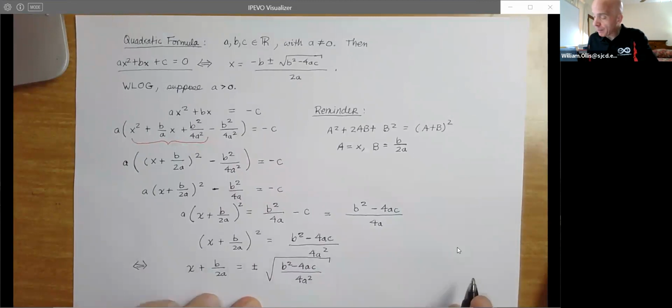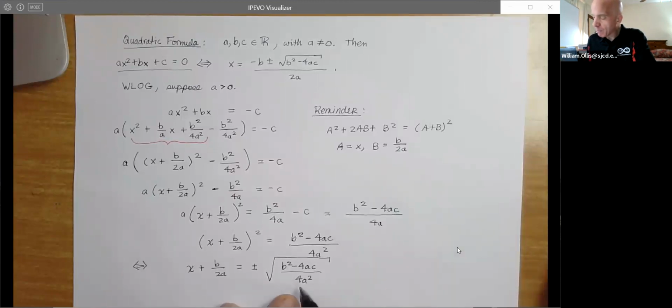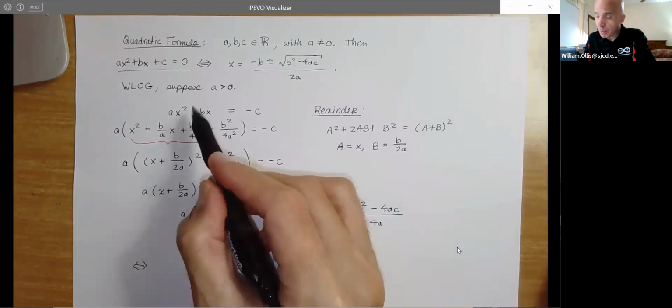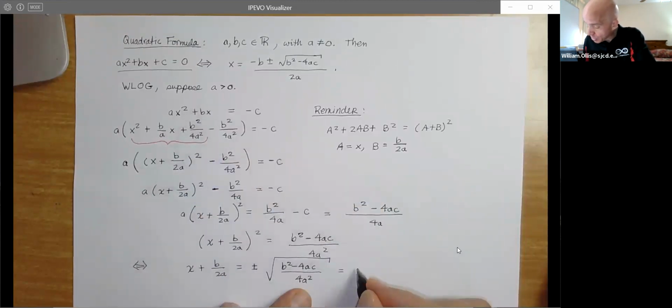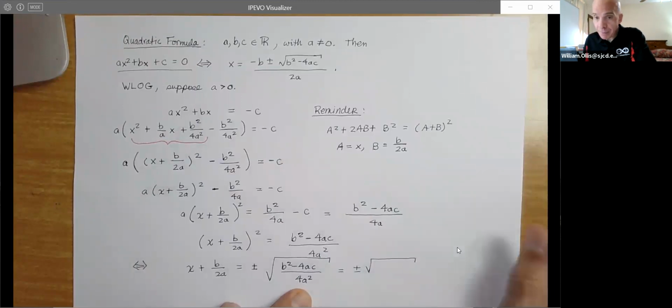Now, of course, the B squared minus 4AC, we really don't know what that is in terms of its squaredness, so to speak, but 4A squared is a perfect square. The square root of A squared is the absolute value of A, but remember we've supposed that A is positive. So this can reduce to plus or minus the square root of